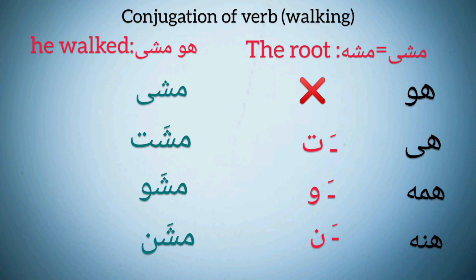Alright folks, the fourth and last root of the verb is the root where the last letter is alif. For example, here we have mishe. It's written mishi, but we have to read it mishe. Okay? Because in Arabic, verbs are not normative and everybody writes them the way they want. Huwa misha is the root and it basically means he walked. It's a past tense. Let's conjugate them one by one.